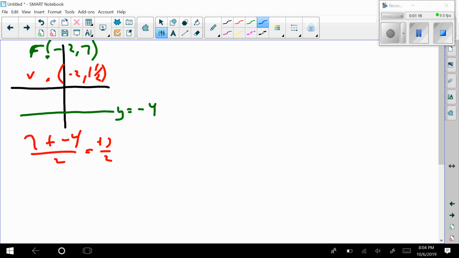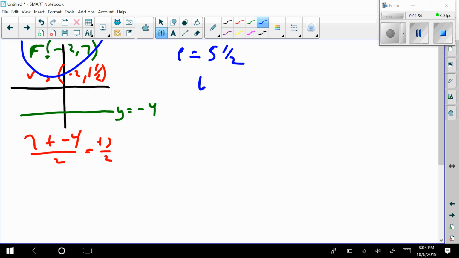Now, the direction of this parabola must be pointing away from the directrix, so it's going to be going up. That tells me my p-value is positive, and it tells me that I've got a y equals problem because it's a parabola that's going up and down. So my p-value is that 5.5 that I figured out a second ago. That's the distance between focus and vertex, or between vertex and directrix. So it's 5.5 units, 7 minus 1.5. And the vertex is at (-2,